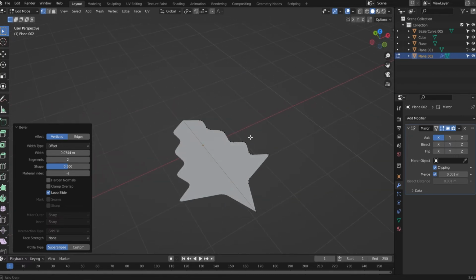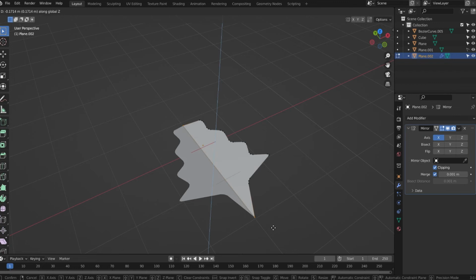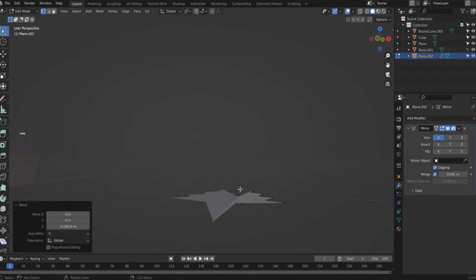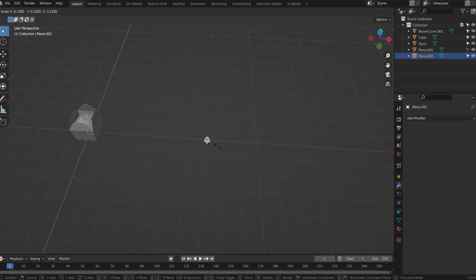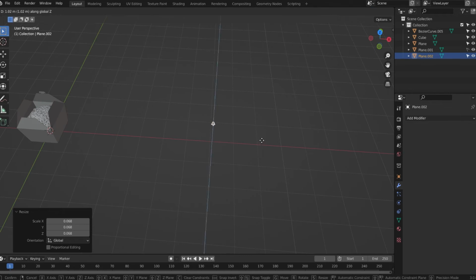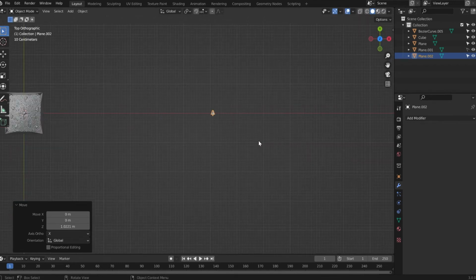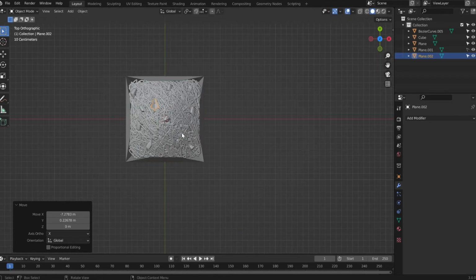Good. And now I take the middle part, and only the middle part, I move it down. G, Z, I move it a bit down. Like this. It's enough. Now go in object mode, apply this mirror, and that's it. Make it small, small, small. And move it a bit up, and let's move it on the x-axis. Actually, let's go to top view. So we move it here inside the noodles, then bring it over the noodles,